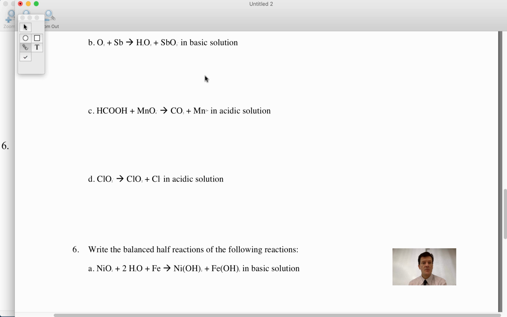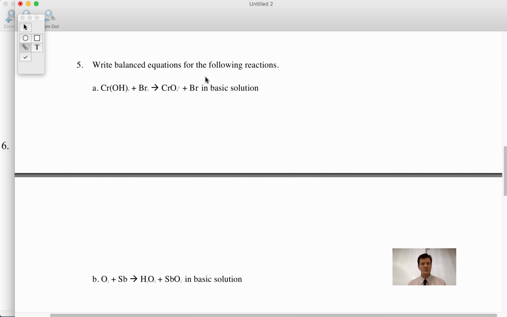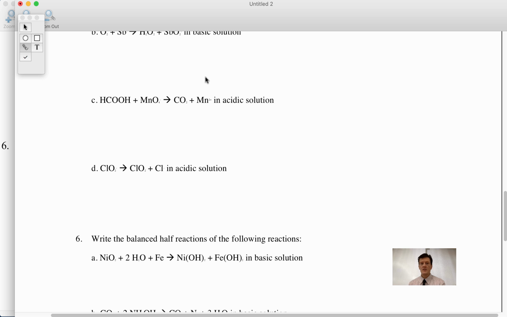Okay, so let's look at this. This is number 5 on your worksheet, and I'm going to do letter C. All right, notice what it says here, that this is in an acidic solution, so remember that means that we have H+ and water at our disposal in order to correctly balance these. You first are going to assign oxidation numbers. So using the rules for oxidation numbers, you are going to assign a number for each atom of each element in this equation. So H is a +1,